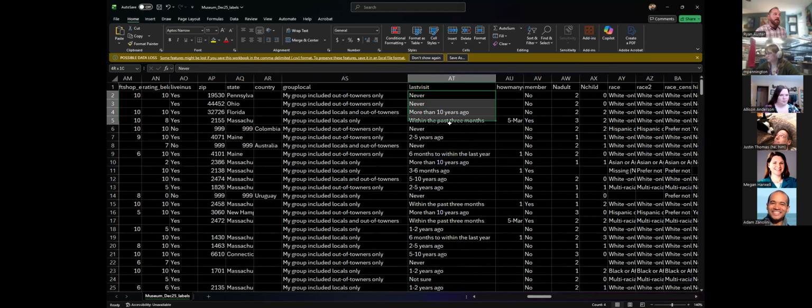The last visit, same thing. These are numeric values, but if you go to the labels file, we see the words that they represent. Now, this makes sense in my brain because I deal with the data files all the time. But if this is hard to follow along with in the files themselves that you have access to, the code